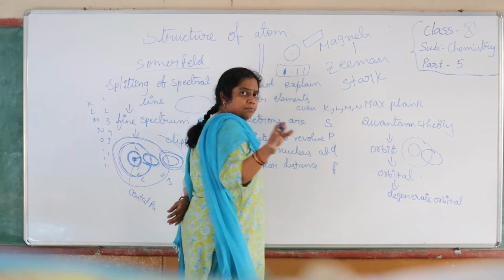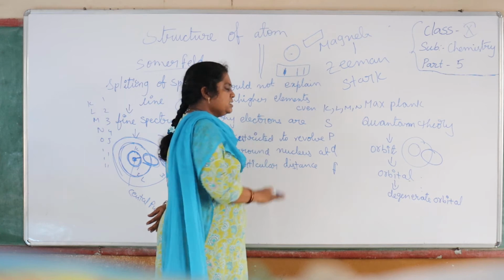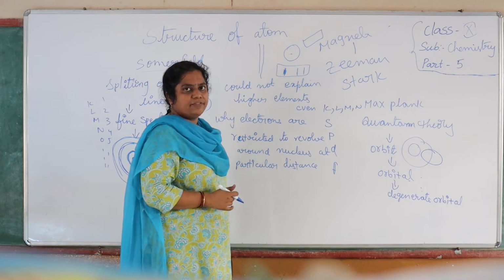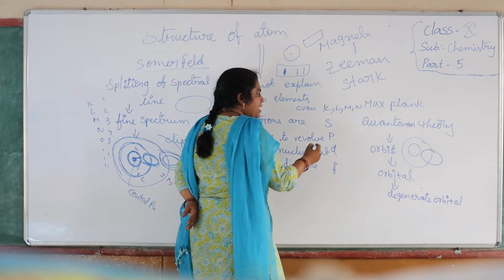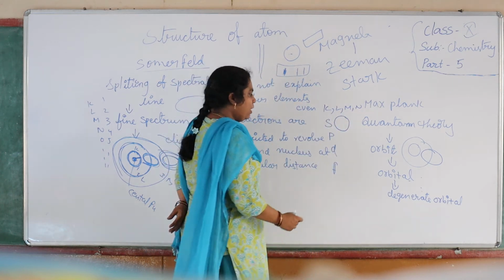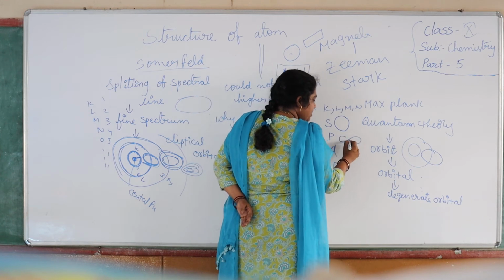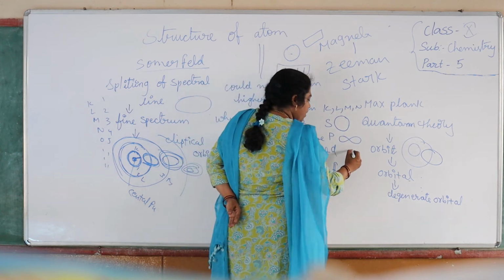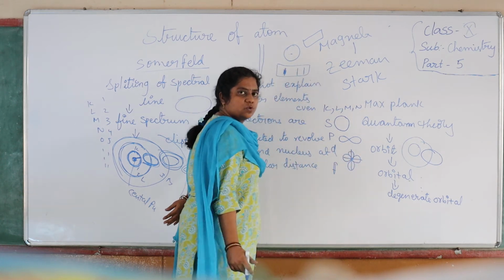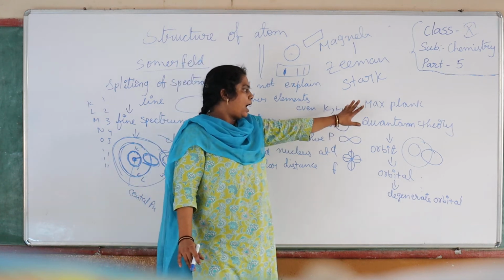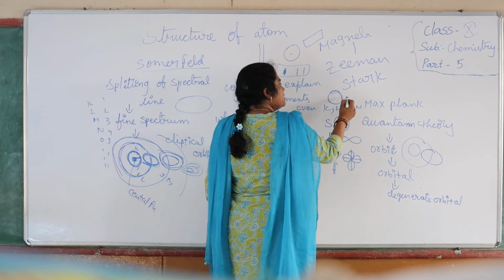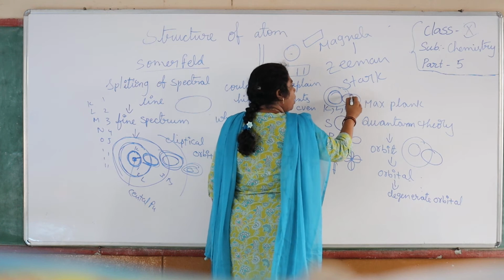So many are there. For your syllabus, it's enough if you know about S, P, D, F orbitals. The S orbital is spherical in shape, children. The P orbital is dumbbell shaped, and the D orbital is double dumbbell shaped. So he told orbits are circular in shape. Each orbit is having, as I told you, orbitals.